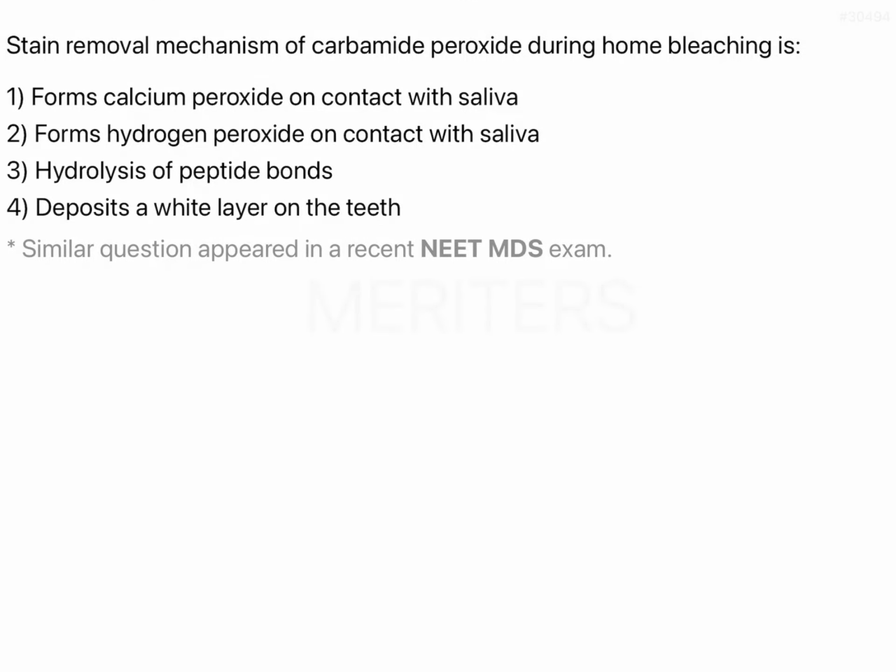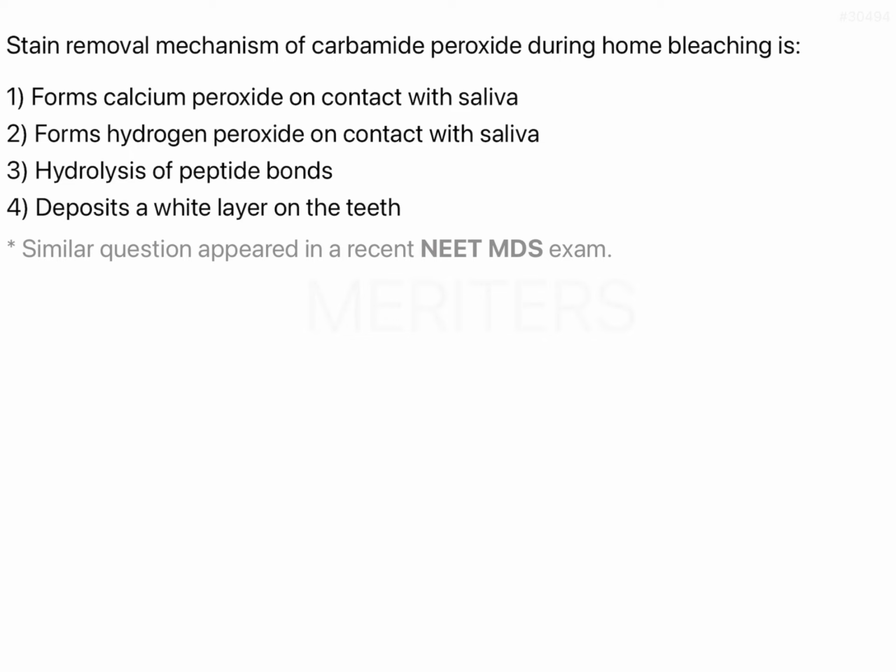The question is the stain removal mechanism of carbamide peroxide during home bleaching. So the two things that we have established in this question are that it is on bleaching, which means that you are whitening the teeth, and second, that you are using carbamide peroxide, where they are asking you the mechanism of action of carbamide